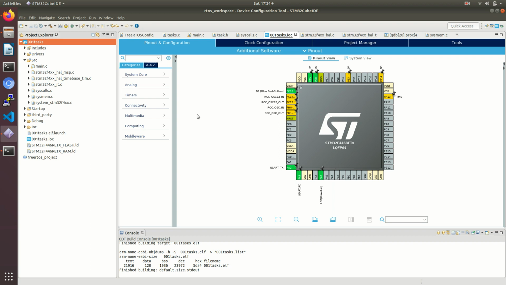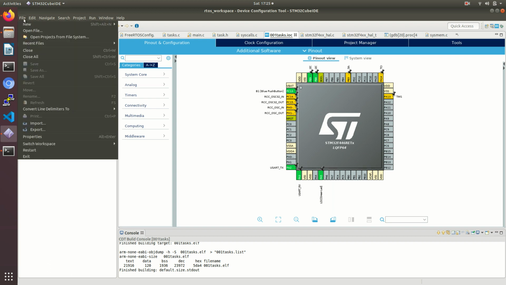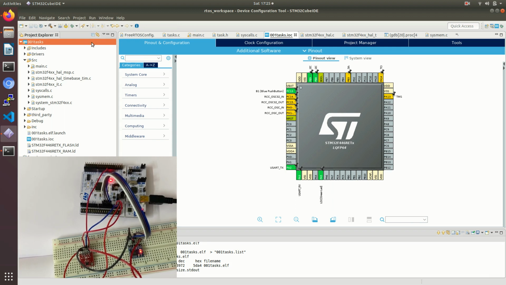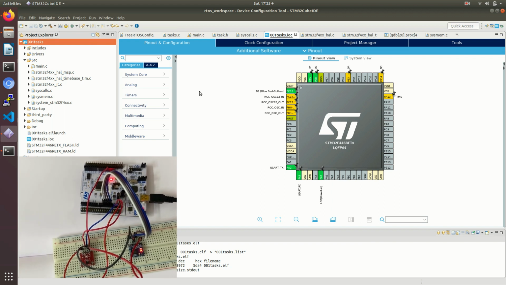I am giving a demo with the STM32 Nucleo board about how to use I2C to read a temperature sensor. I am using STM32CubeIDE. In this IDE, to start any project, go to File, New, and select STM32 project. Here I have already created this project, and also selected the target device.